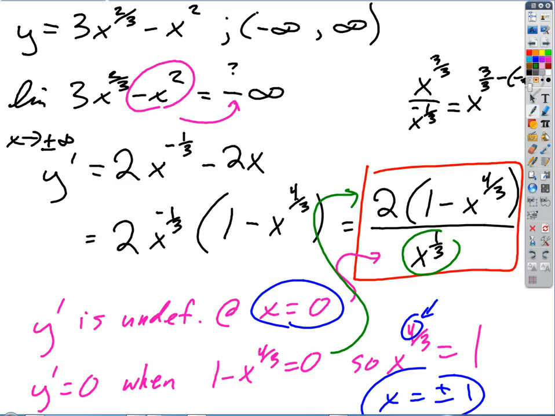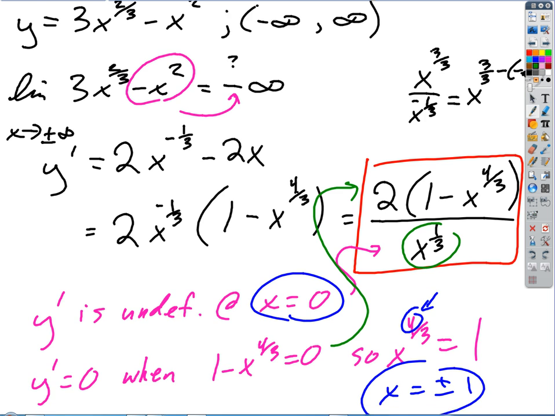Okay, now why is that probably good news to you when you hear that on a question? It says only first derivative stuff, exactly, right? Second derivative would be required if we were dealing with inflection points or concavity, right? But otherwise, the second derivative is entirely optional. It's easy to do, it's probably a good idea. But if I've got some kind of weird derivatives involving fractional exponents, like in this case, it's probably not worth the hassle. We just won't do it.